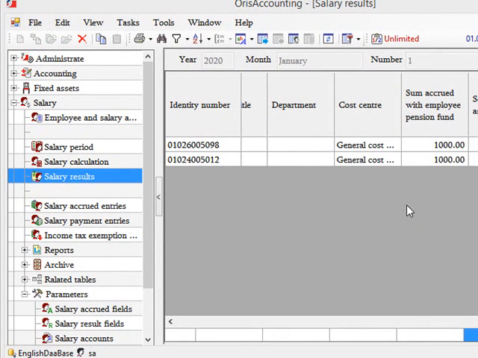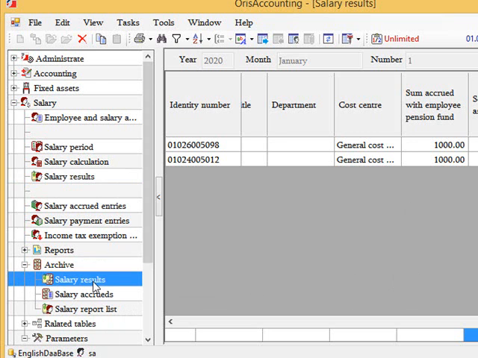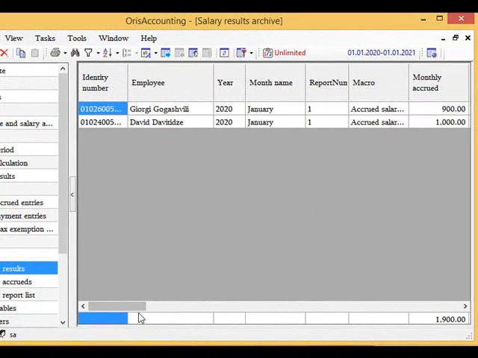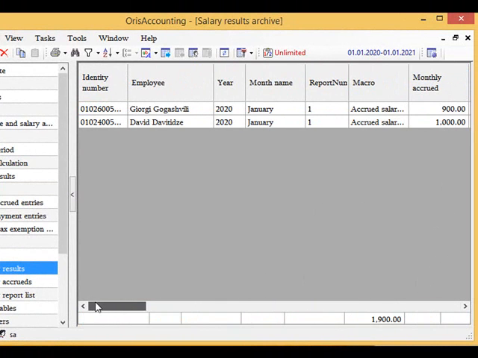You can find those fields in archive as well. Here in the menu salary results, you will find not only these fields but also history of all calculated payrolls.